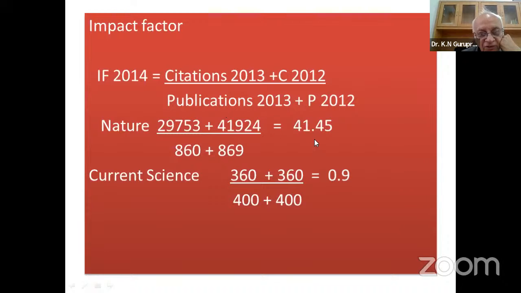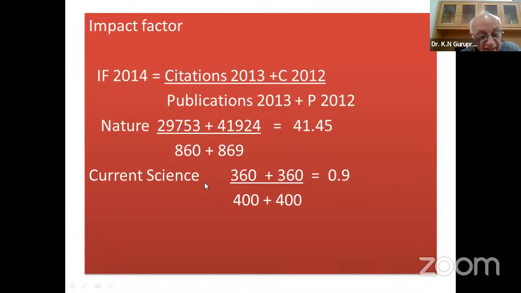In 2014, the impact factor of this journal is rated as 41.45, depending on how many of the articles have been referred by others. Now, if you do the same calculation for one of the premier journals of science that is published from India, it is Current Science, for example, which is published from the Indian Institute of Science, one of the most